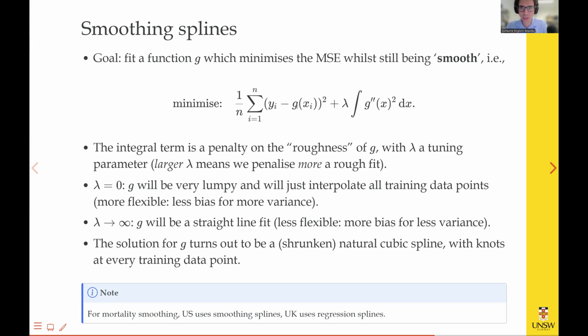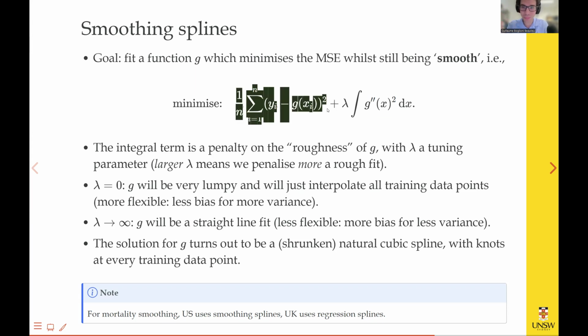Then if g is free to be whatever, you could have a function that is extremely variable, like wobbly, if you will, that essentially interpolates all the points and has a perfect fit on your training data. Meaning you choose a function such that g of x is always exactly equal to y. That's going to be an extremely wobbly function, but then you will achieve that this term, the mean squared error,